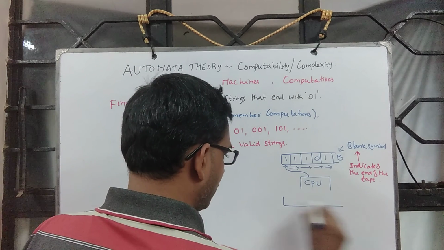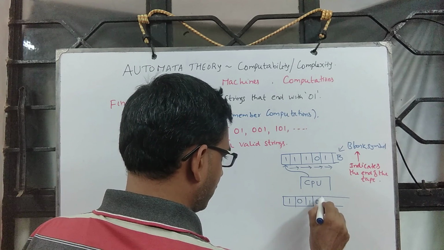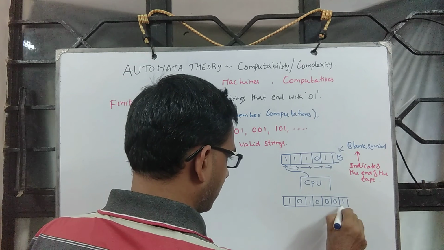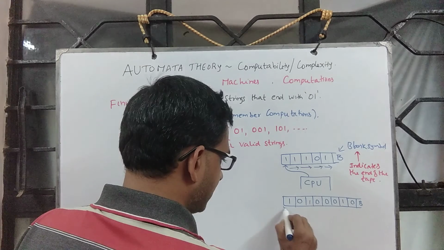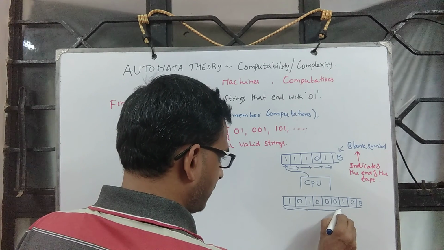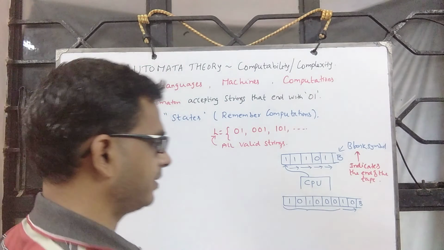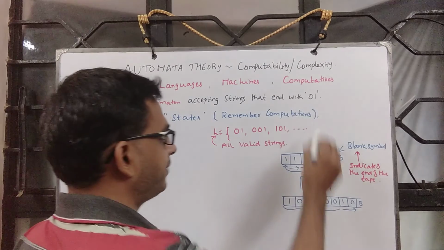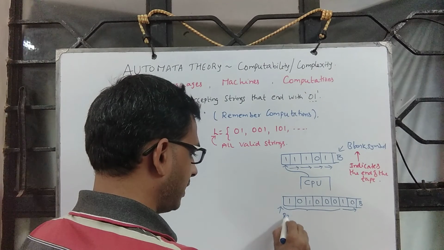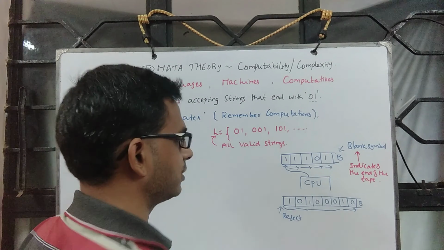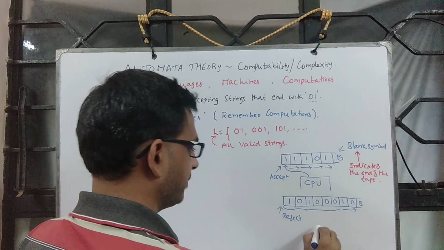And let's assume the configuration is something like this: 10100010 followed by the blank. So then it reads this sequence of zeros and ones. Finally, it sees that the last two symbols, the pattern is 10, which is different from what we want. And so it says it is invalid input. It rejects and then stops the machine. In the other case, it accepts and then stops the machine.